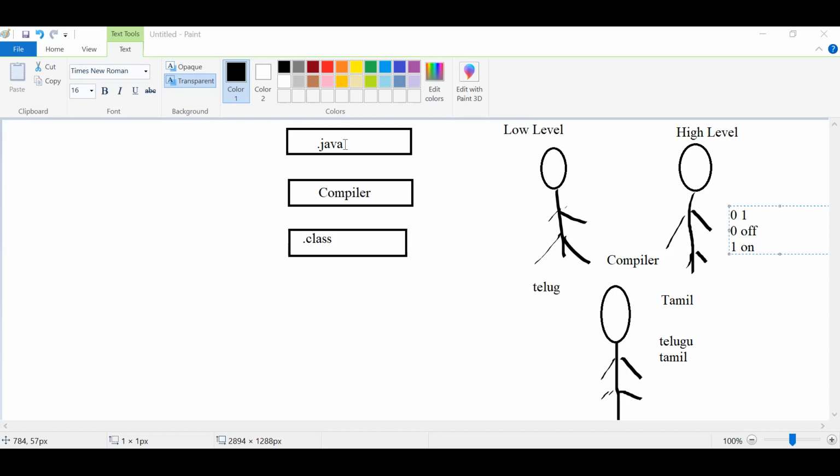What is the meaning of that? For example, if you want to write in that programming, there are different types of operating systems available in our world: the XP operating system, Windows 7, Windows 10, Linux, Unix. And here, if you want to develop a Java program on the platform of Windows 7 operating system,